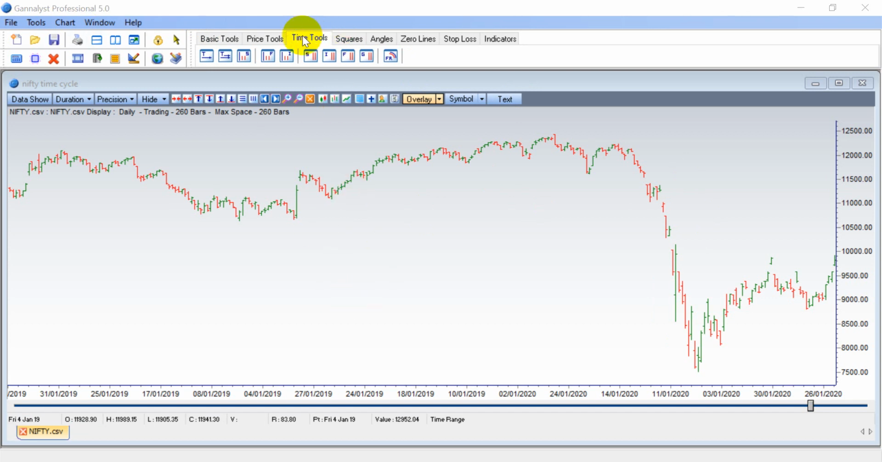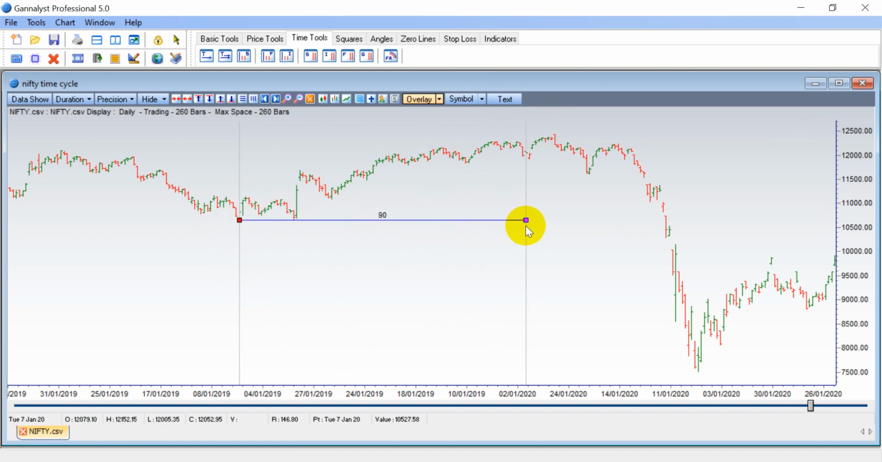In that, I'm using something called the time tool. Come here, and you need to find a major swing high or swing low. Like this was a swing bottom, and here is a swing top. Then we have a swing bottom here. If you calculate 99 bars, not 99 calendar days but 99 trading bars, from here, exactly at the 99th bar the top was made at 12,430. That was the major top of 2020, and from there we corrected almost